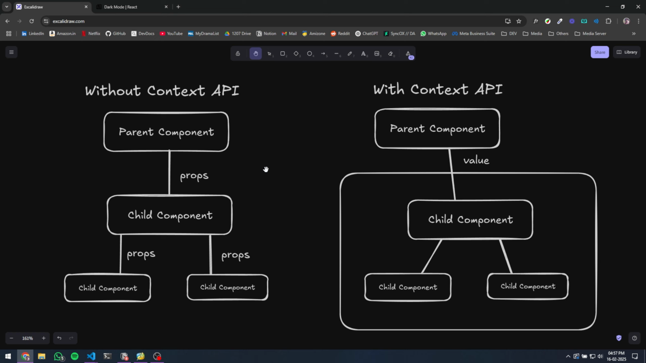Now, basically what it does is that it can lead to increased complexity, especially in large component trees, and makes managing the flow of props more challenging. This just clutters your code base, and it makes it even harder to refactor the code later on. So what we can do to tackle this is that we can use the